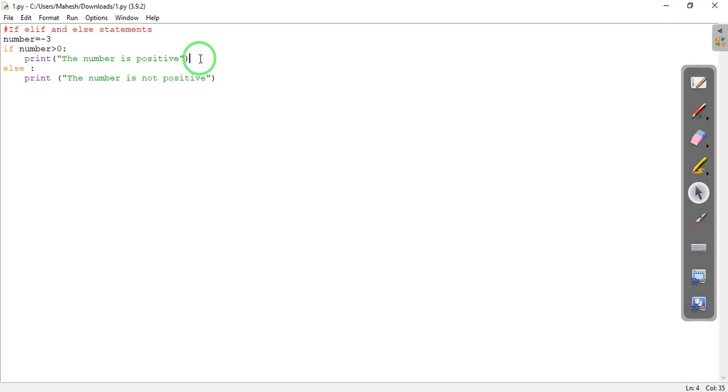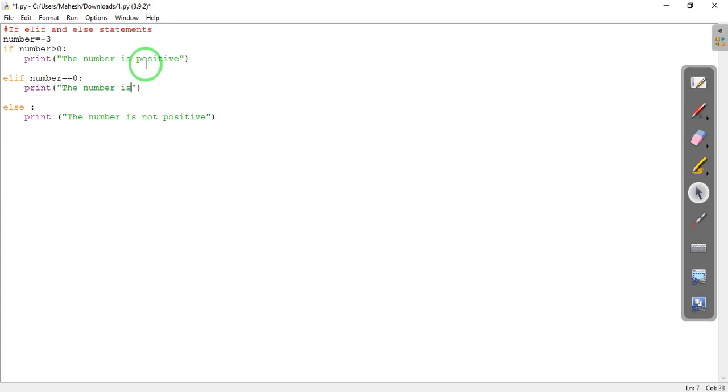So let us use that statement also here. It is elif. So if number is greater than 0, it will print the number is positive. elif number is equal to 0, then let us print that the number is 0.